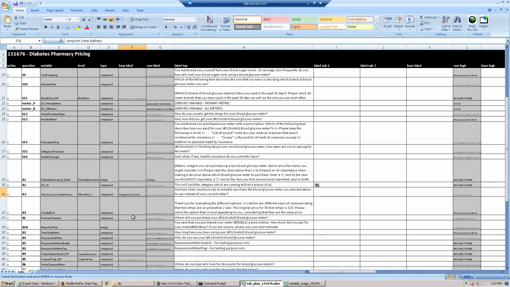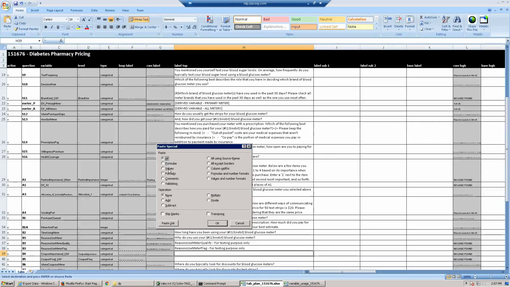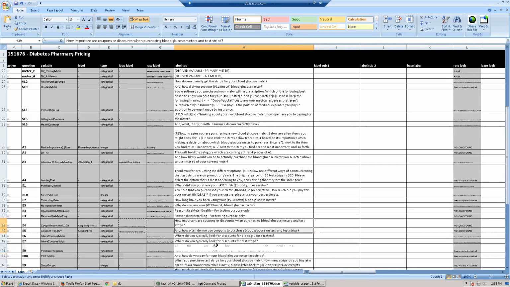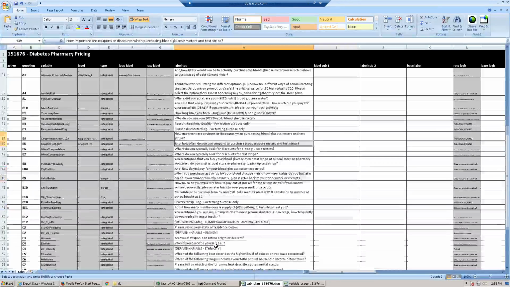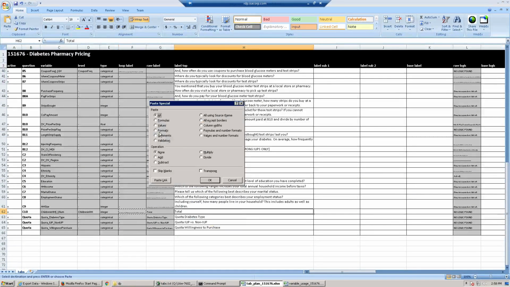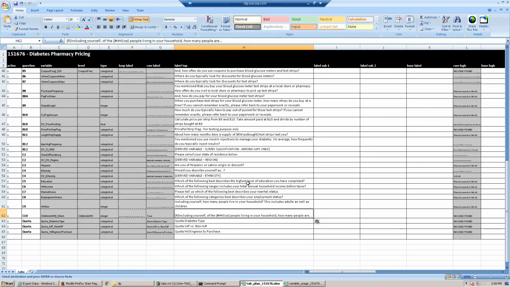Some of them, like that one, though, aren't. Let's see. Paste special values. Okay. Not too many loops. Okay. And then we will just give all of these